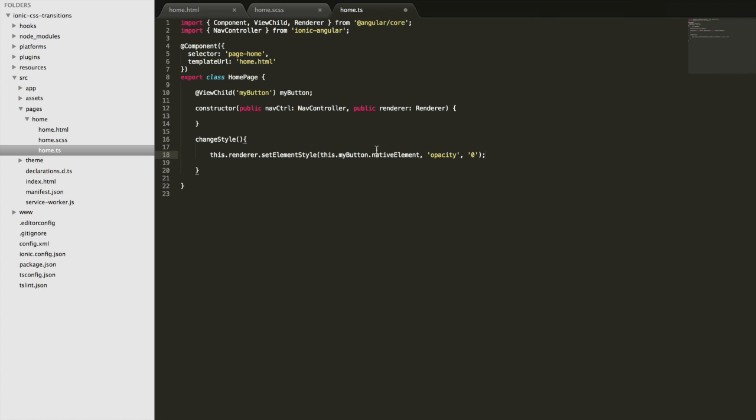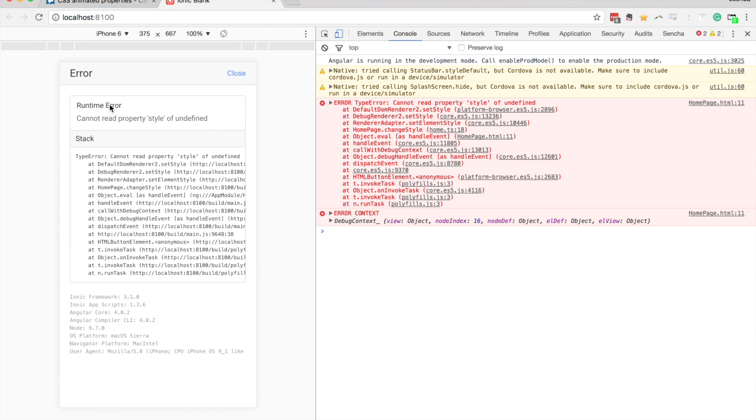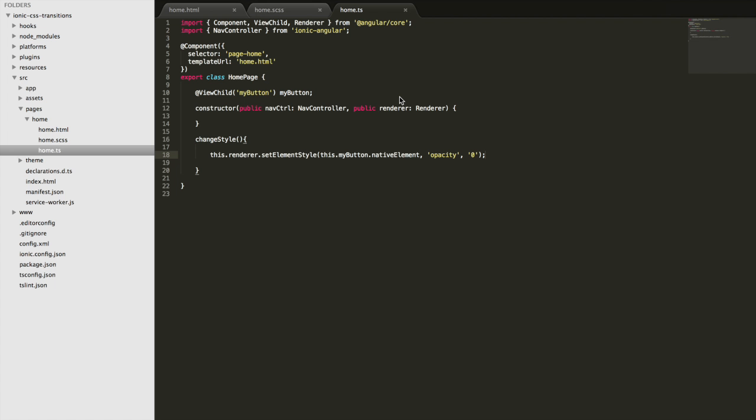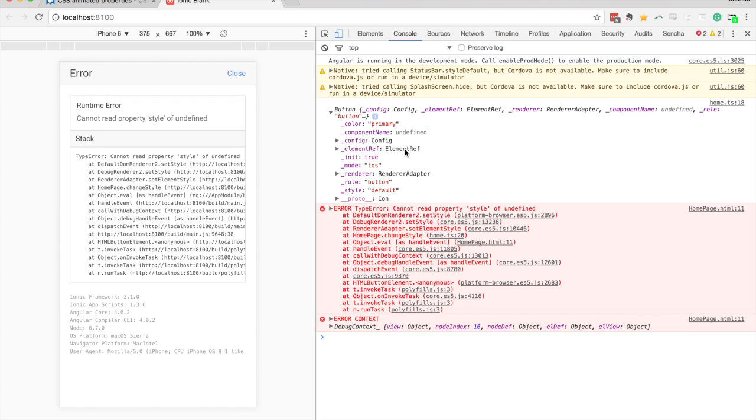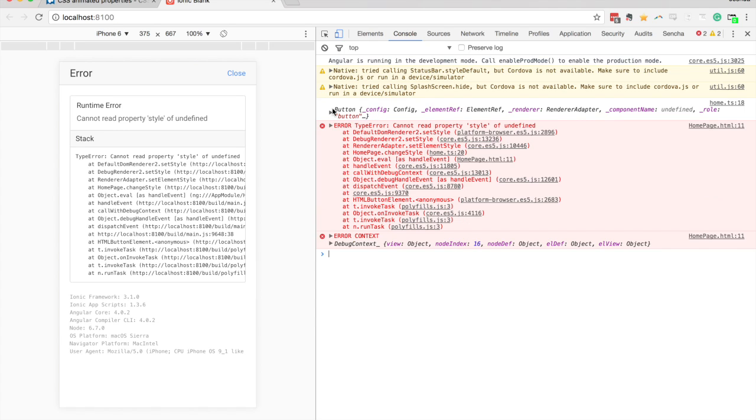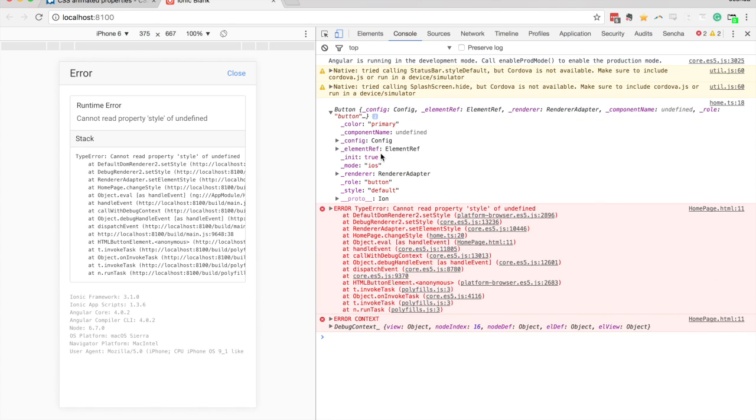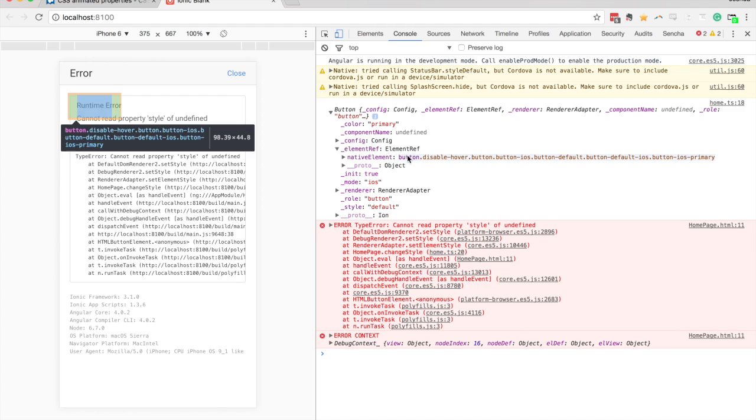So hopefully when we click this now, that's going to just make the button disappear instantly. So if I click on this now, oops, I've got some kind of error. Okay, so let's just check if I'm not doing anything silly here. We'll check if this.myButton is actually being grabbed correctly. Oh, yeah, so the button's getting grabbed correctly, but we actually need to grab this element reference, which